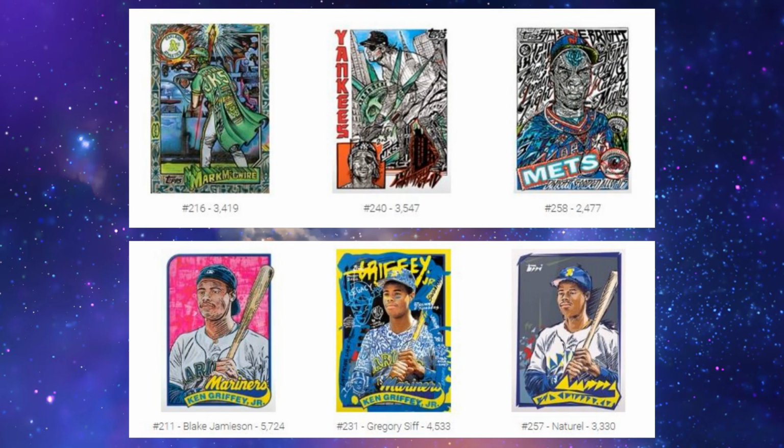And speaking about that Gregory Sif Ken Griffey Jr. version, that is one of the last 3 releases for Griffey. Before the card today, we had that Natural version, 3,330. Then we had that Sif and the Blake Jameson. The highlight right now, of course, is that Jameson Bubblegum Pink, selling nearly 6,000 copies in the 200s. And I don't believe we're going to see this JK5 approach anywhere near that 6,000 print run. And then on JK5 himself, we've had Dwight Gooden, Don Mattingly, and then the burger card we talked about last night with Mark McGwire. His highlight, of course, is that Mattingly